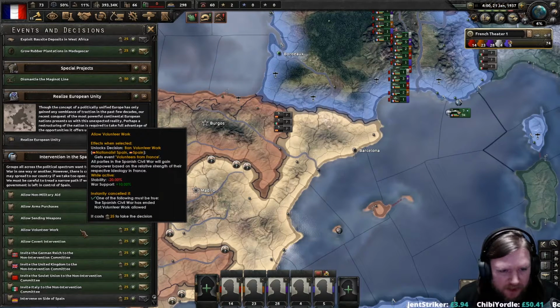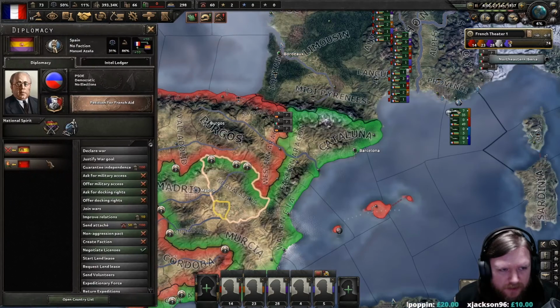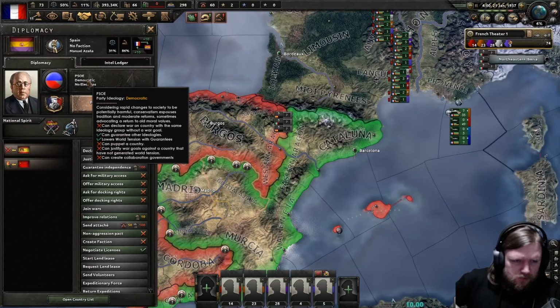Allow volunteer work. All parties in the Spanish Civil War will gain manpower based on the relative strength of their respective ideology in France. I mean, we're 100% democratic. I think this is more of a communist thing to do. They are democratic at the moment. I wonder, who would...